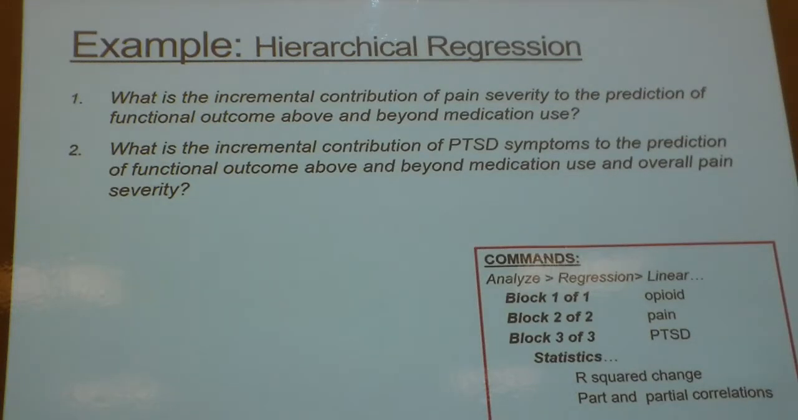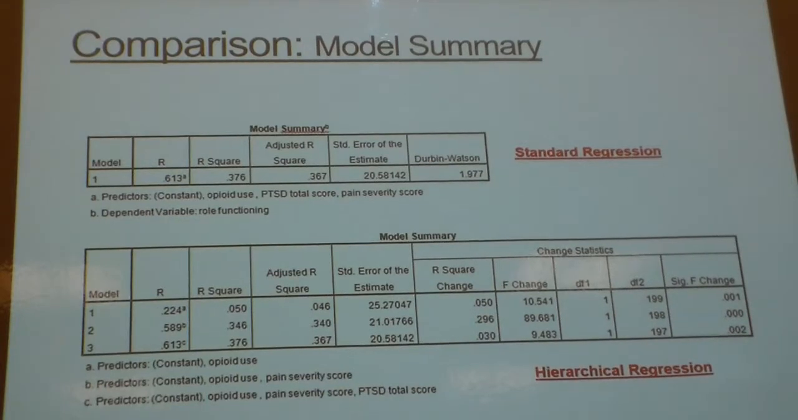Okay. So, just to walk through an example of this, let's say we're going to run this in a hierarchical regression. We want to know what's the incremental contribution of pain severity to the prediction of functional outcome above and beyond medication use. What's the incremental contribution of PTSD to functional outcome above medication use, opiate use, and pain severity. So if we take the same variables that we used in our example,